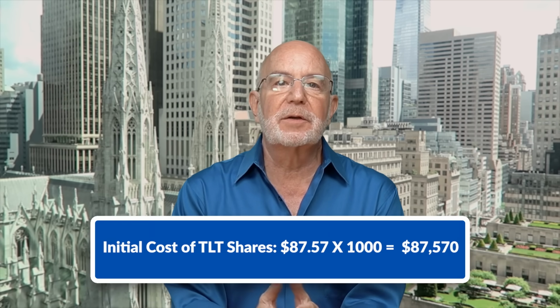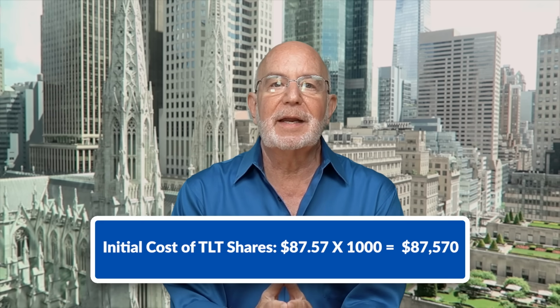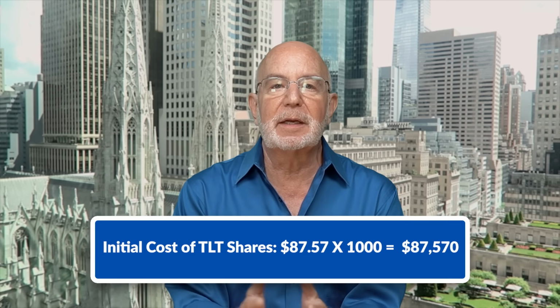Now, TLT pays its dividend monthly, which is much more frequent than the typical stock. And around the beginning of the year, the annualized dividend yield of TLT was a little bit above 4%, which means that it was paying a dividend in the neighborhood of 30 cents a share each month. And so let's say that on that day, at the end of the day, we bought 1,000 shares of TLT for that $87.57 price, spending